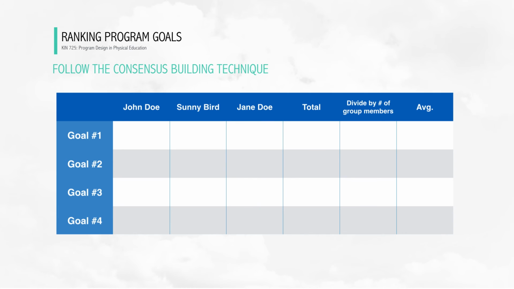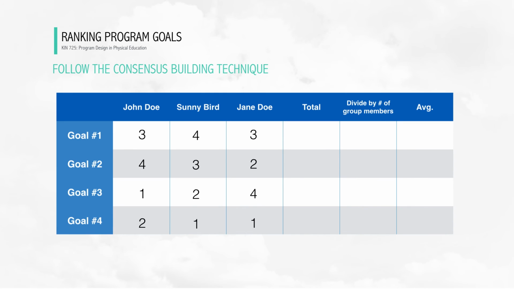And the textbook does a pretty good job explaining this step by step, so be sure you take a look at that. But basically what you're going to do is list all of the goals on the left side of a chart and then include the names of everyone in your group at the top of that chart. Then, individually, without initially discussing it with your group members, just rate the goals based on which ones you think are the most important, and you'll just do this in order. So after reading through your list of goals, if you think goal number 3 is the most important, just put a number 1 next to goal number 3 below your name in that category. And then you'll continue to do this to rank all of the goals in that order.